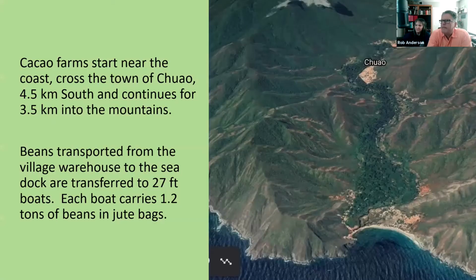Okay, next slide. So here's for you geography geeks. Again, here's a little bit of an overview. You can see on this satellite map the Chuao village marked. The actual farms start near the coast down at the bottom. You can see the green area. The farms go from near the coast up through the village, and then about 3 kilometers into the mountains past the village. All the beans that are harvested and dried in the village are bagged up and